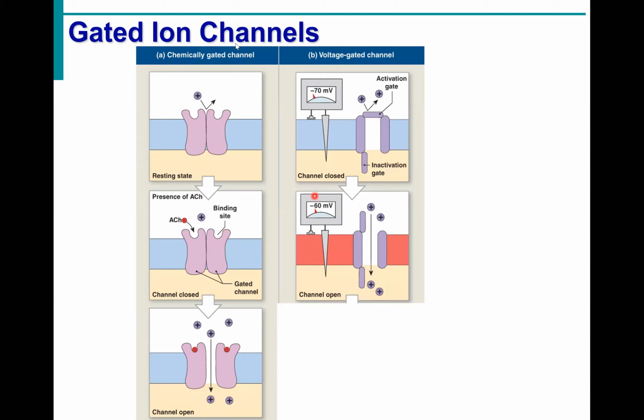But when we reach that magical point, and again, that magical point is threshold, and that threshold is negative 60 millivolts, then that gate opens, and our ions can flow. Now notice this one is closed. This one is open. But there is something interesting about our voltage-gated channels. Some, keyword there being some,